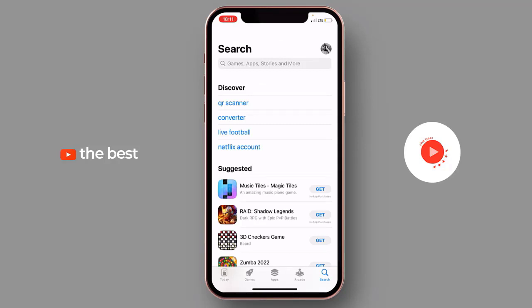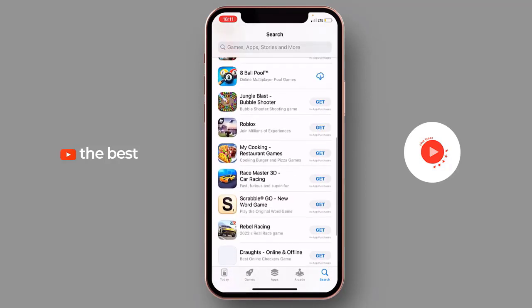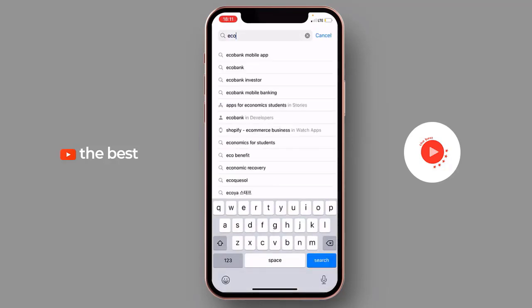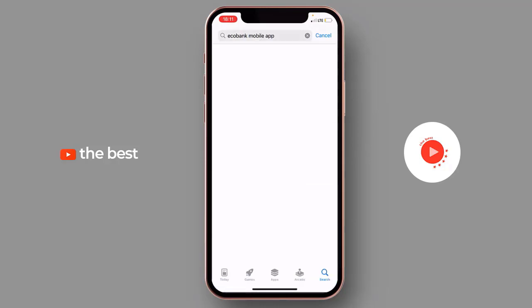I know you have a phone, so you want to get the mobile app from your Play Store or your App Store. I'm using an iPhone, so this is the App Store, and you can see how it looks. I'm going to go to the search area and search for Ecobank app. Okay, so I have some suggestions here. It says Ecobank mobile app. I'm going to choose that,